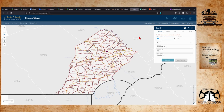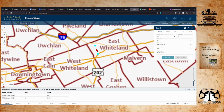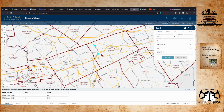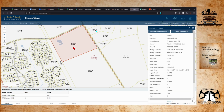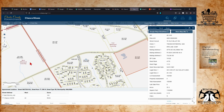Again, some of these websites are honestly just dreadful to deal with, but it is a free service, so you really can't complain. Let's let this load. But we do see that this is the property we're looking for. It is parcel 42-3-65, and we now know that this is owned by the Transcontinental Gas Company, which is why it is blocked off. But we can go over